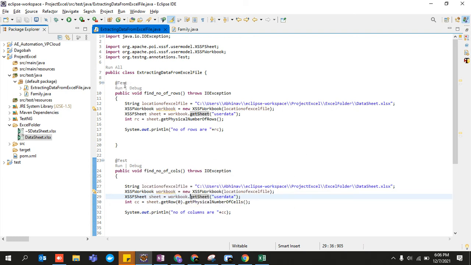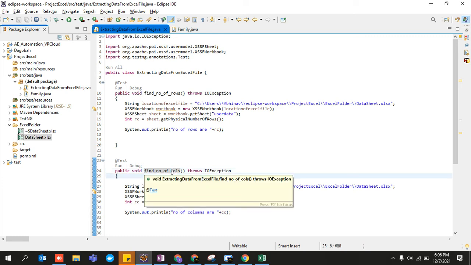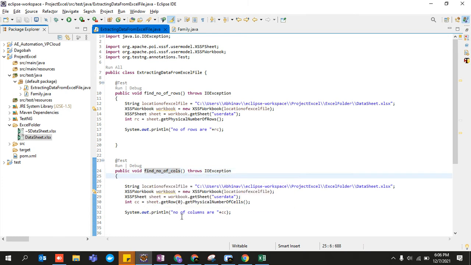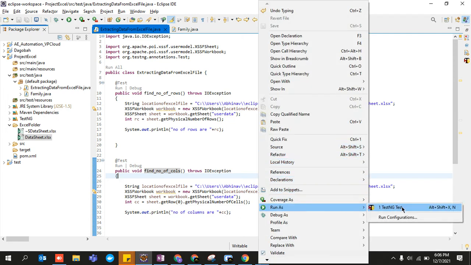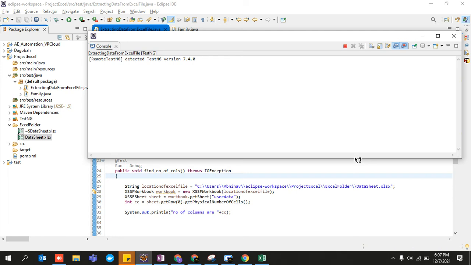If there are n number of methods with the @Test annotation, a b c d e f g h i j k l m n o p q r, number of rows starts with r and number of columns starts with c. So A, B, C. So alphabetically it comes first. So it will be printed first. Output of number of columns would be printed first, because it is working alphabetically. I hope you guys know.